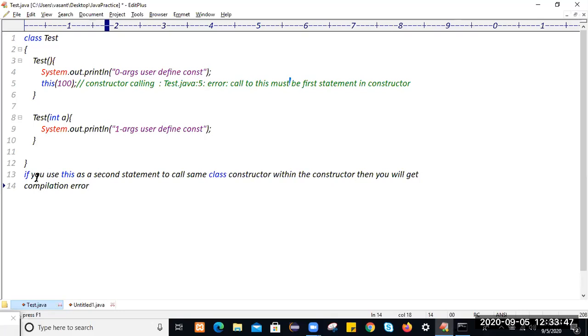And what is the compilation error you will get? Here it is: call to this must be first statement within the constructor.